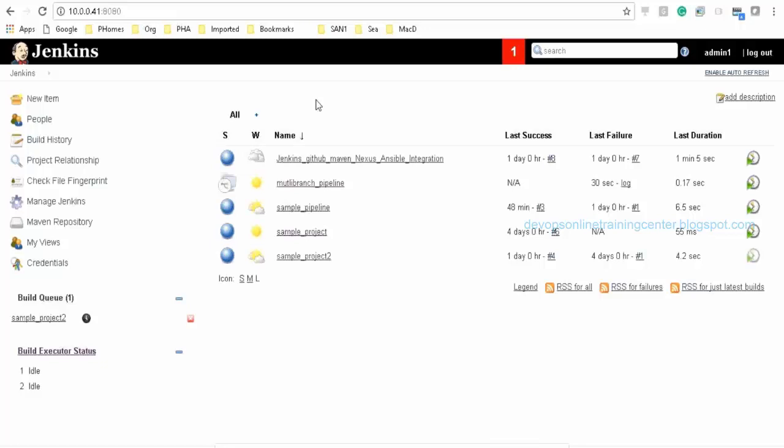Okay, so we have seen installing Jenkins, configuring Jenkins, installing the plugins, then adding the slaves, configuring the slaves, adding them to the Jenkins server, creating the jobs, freestyle jobs, pipelines and multi-branch pipelines, and configuring different jobs, adding the repositories, adding the different plugins and performing the integration, something like Jenkins, GitHub, Maven, and Nexus integration, Ansible integration, etc. Right? And also we can execute any script from Jenkins, right?